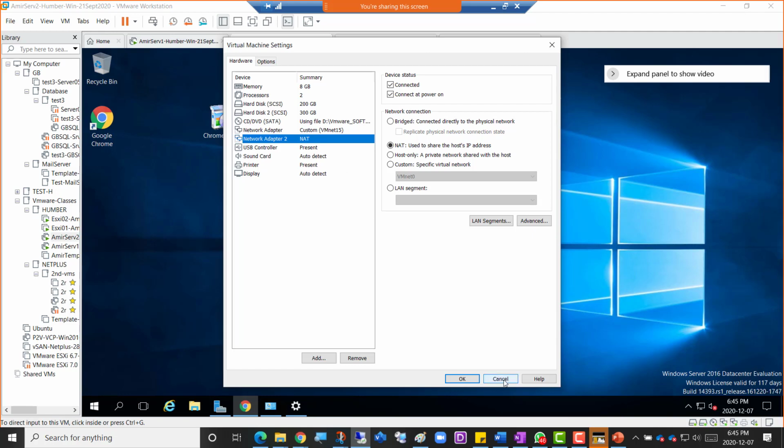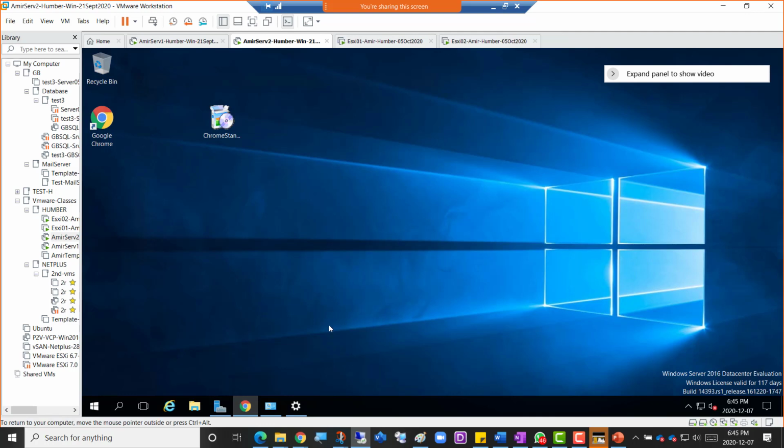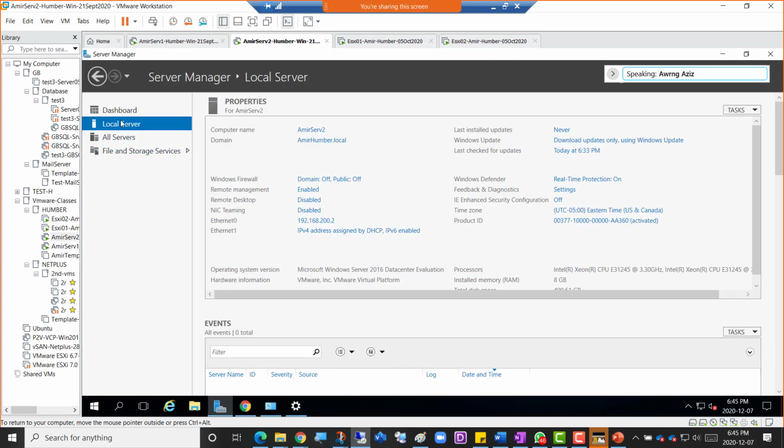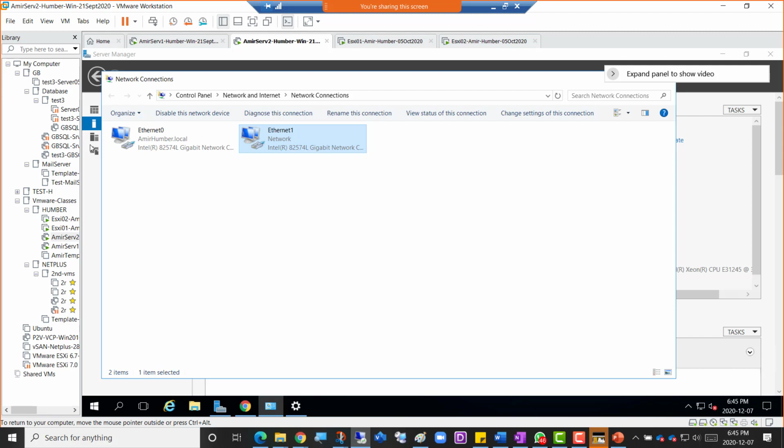Okay, that's good. Cancel out. This means it is disabled if you don't have internet. So go down to this server manager here, this suitcase icon, and then go to local server. Click on Ethernet 0, if you don't see Ethernet 1, and you will see that one of them, Ethernet 1, is disabled. Just right click, enable.